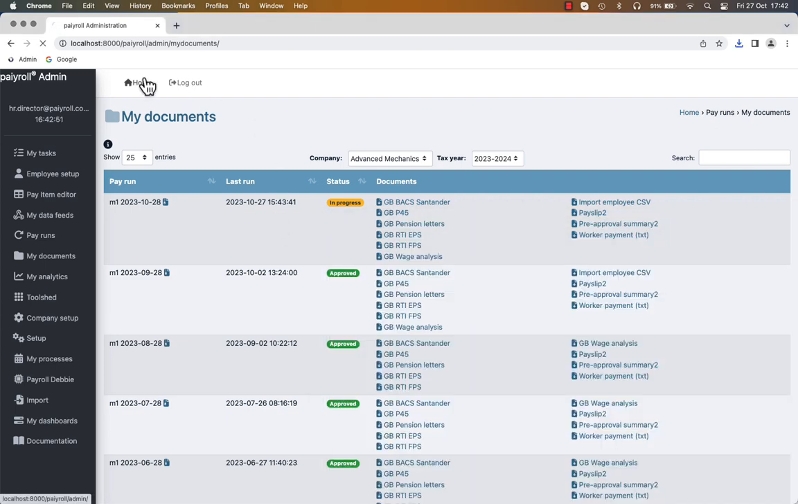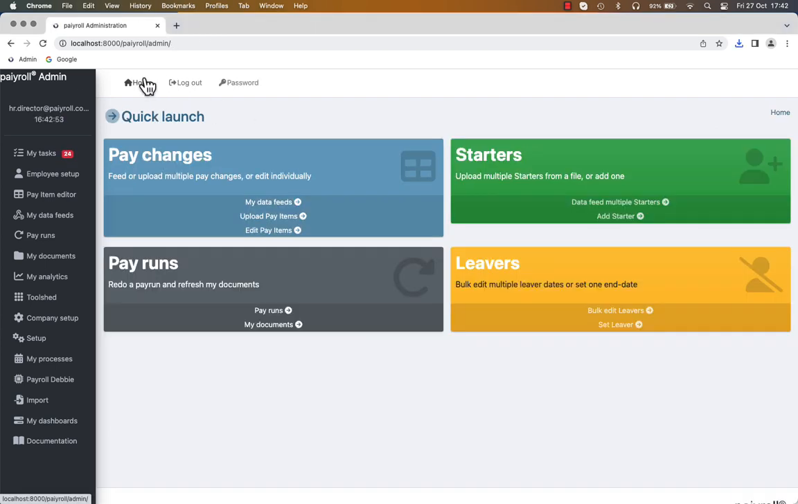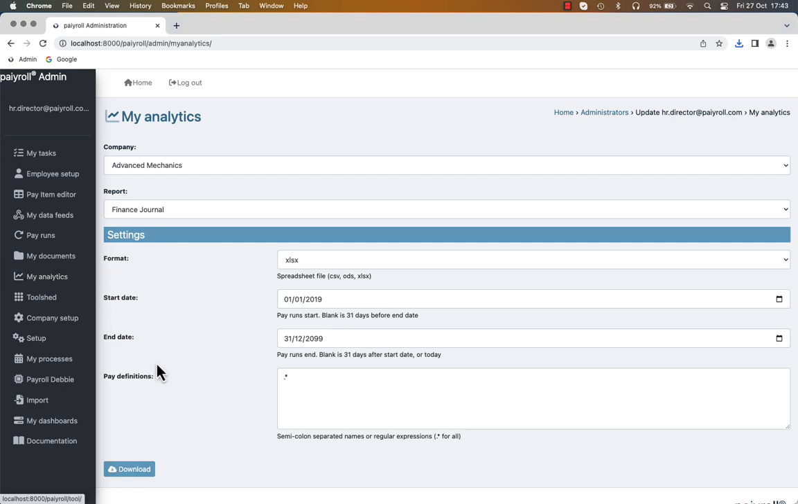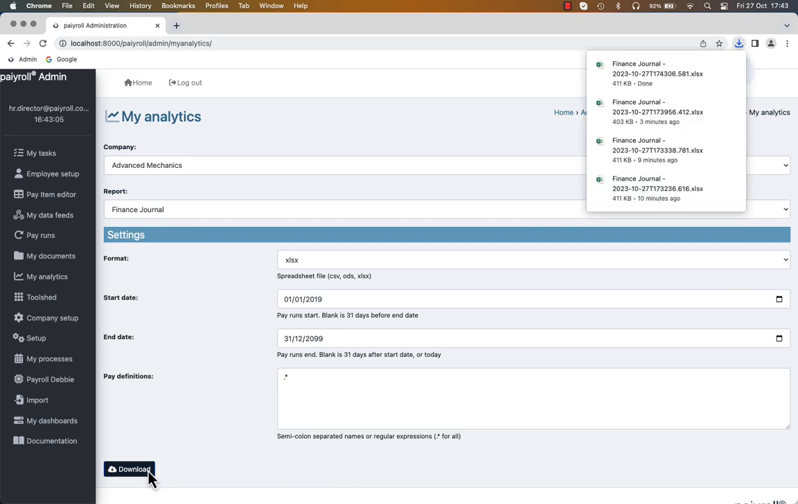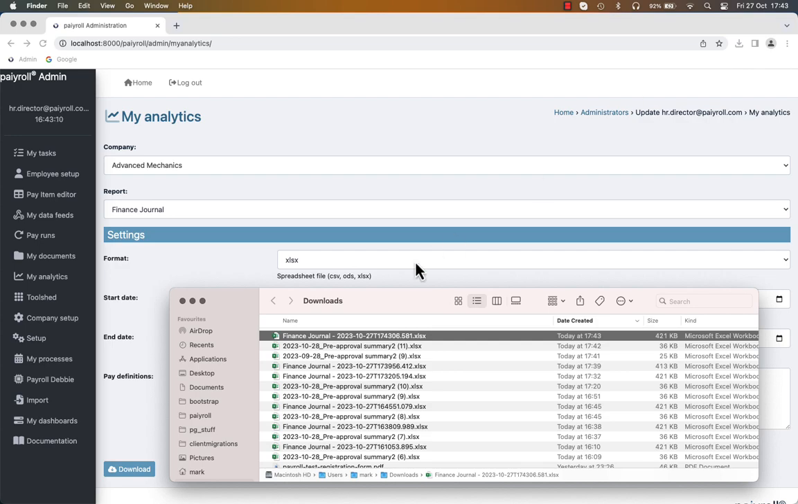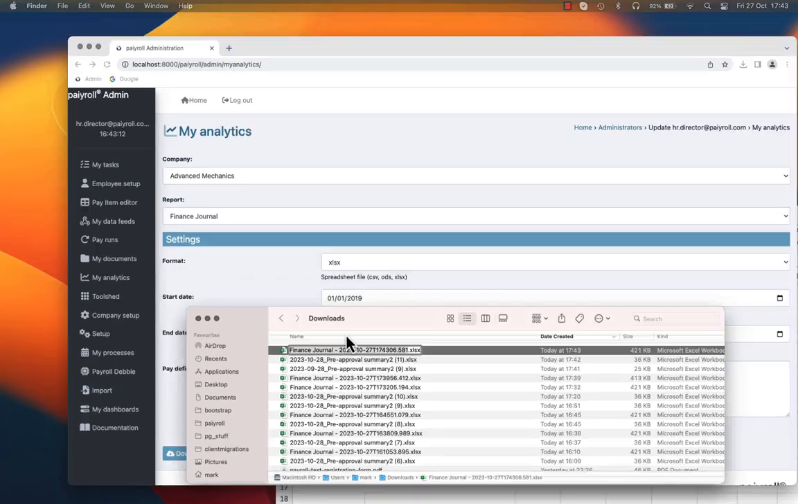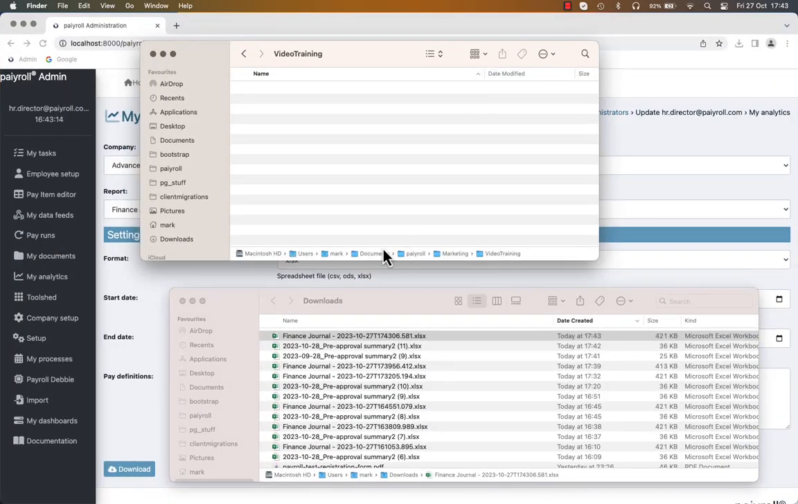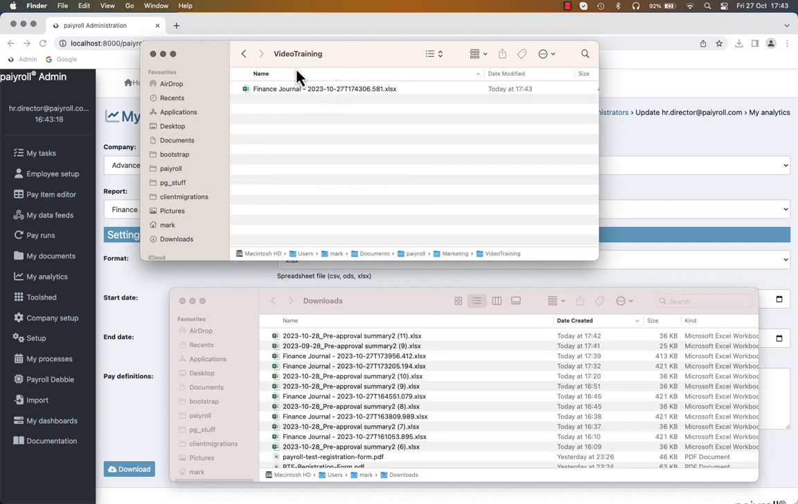So the way in which you actually download real data for doing any kind of journaling is always from My Analytics. So we'll go into My Analytics, and all you need to do is press the download button to download the data you're going to need. Now what's important is you don't open this file, but in fact you go to where it's been downloaded. What we're going to be doing is dragging that analytics file into our new folder,